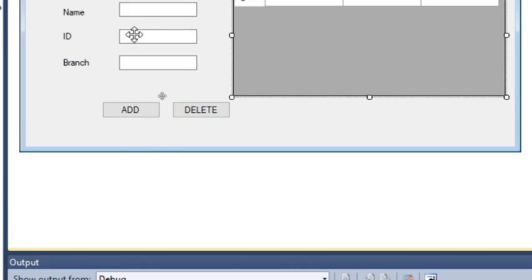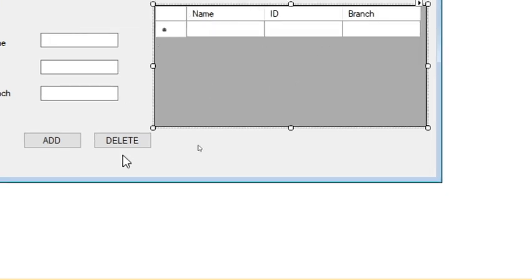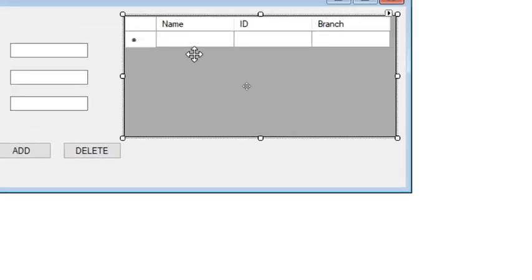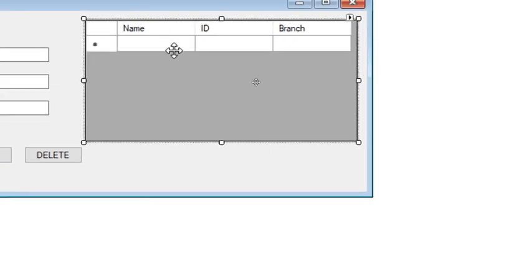The Add button will insert the values given in the name, ID and branch into the grid. The Delete button will delete the values from the grid. Okay, this is the program. It is just a link, not from a database, but from the text box to the grid.